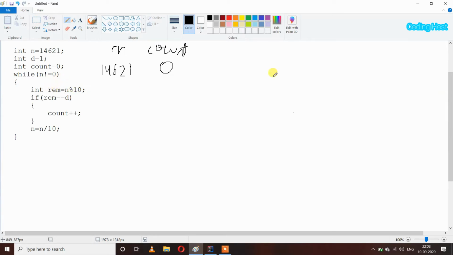So let's see, 14621 divided by 10. So 10 into 1 is 10.